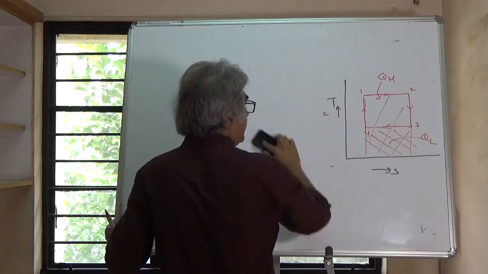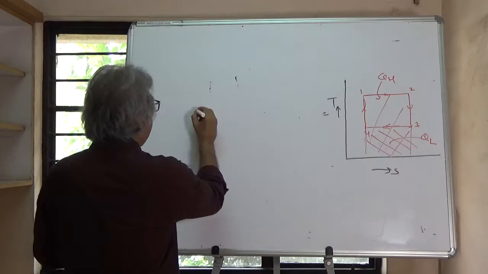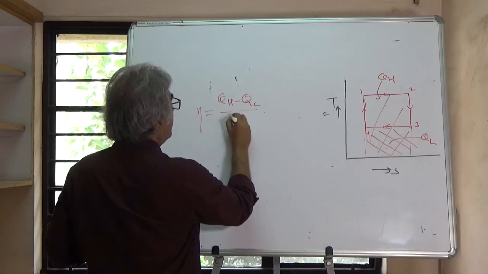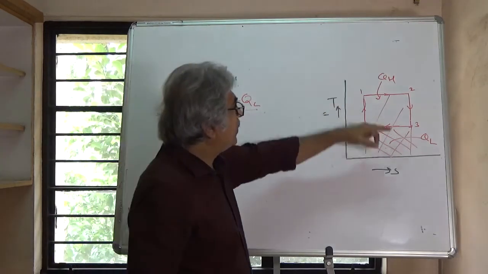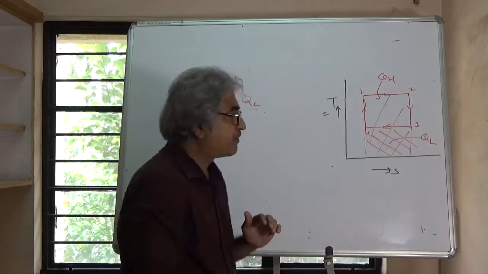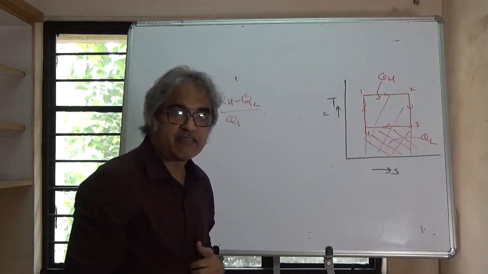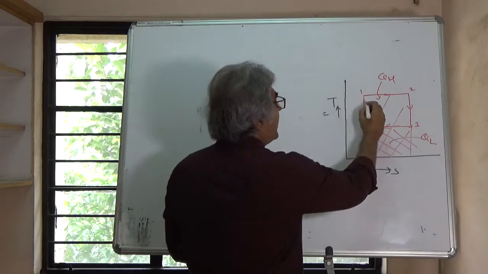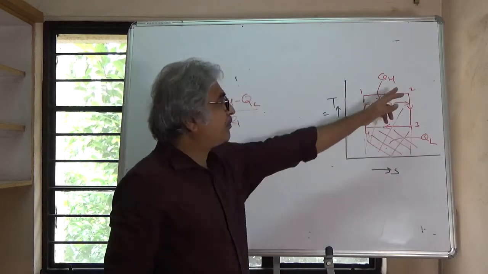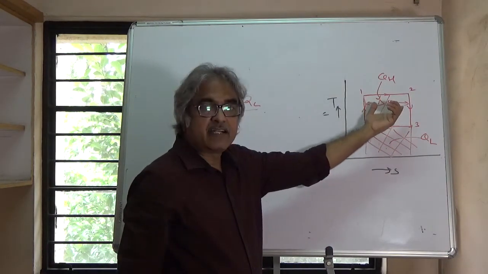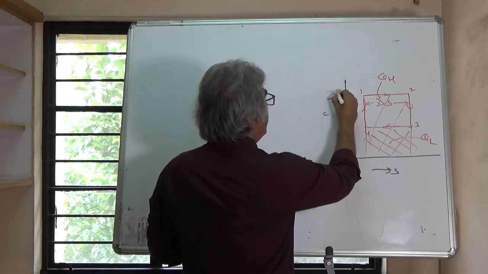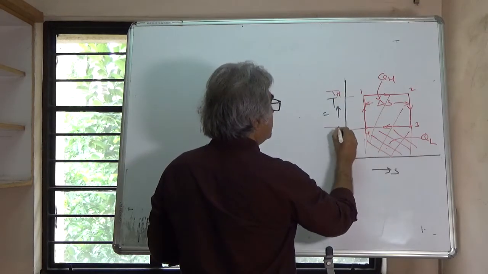Now let's remain focused on this, and don't forget that this is a Carnot cycle. So the expression for Carnot efficiency is QH minus QL upon QH, right? So what is QH? Let's say for 1 to 2, there is a change in entropy because the x-axis is entropy. So it is S2 minus S1, which I can write as delta S, entropy at point 2 minus entropy at point 1. So QH is temperature times delta S. The temperature at point 1 is TH, and this temperature is TL, right?